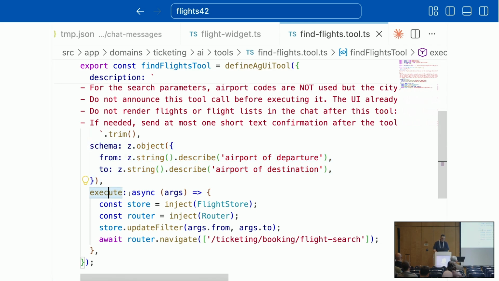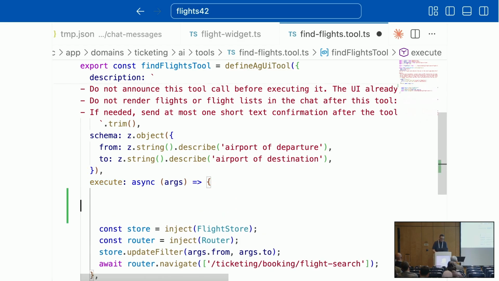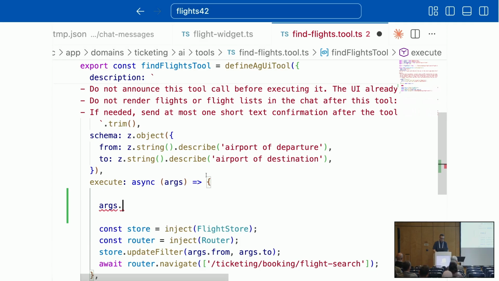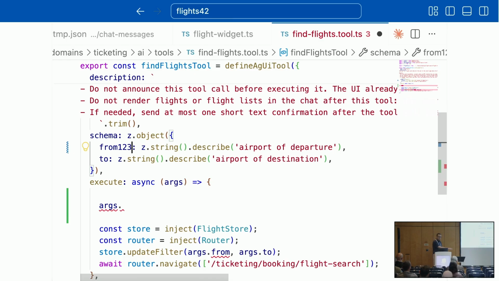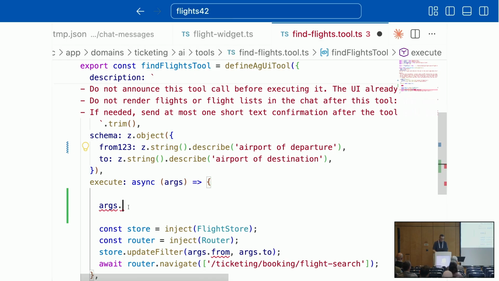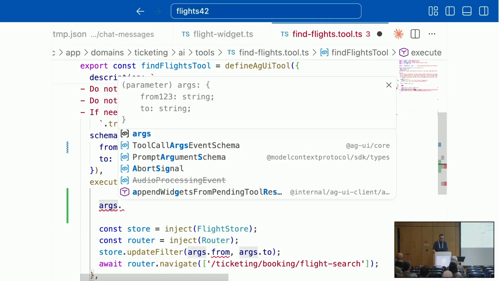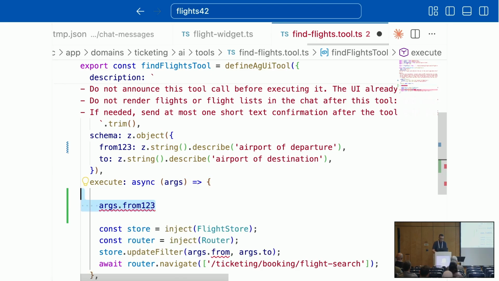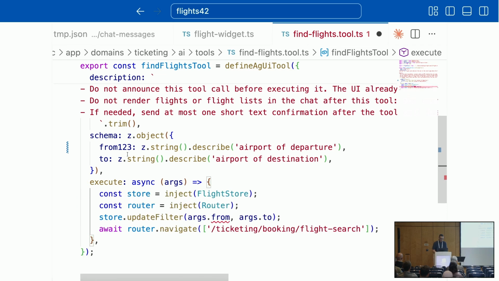This execute method takes arguments, and those arguments have exactly the same shape, from and to. And if I change this here, the JSON schema will be changed, but also here TypeScript knows that suddenly it's called, you have seen it, from 1 to 3. So we are kind of type safe here.